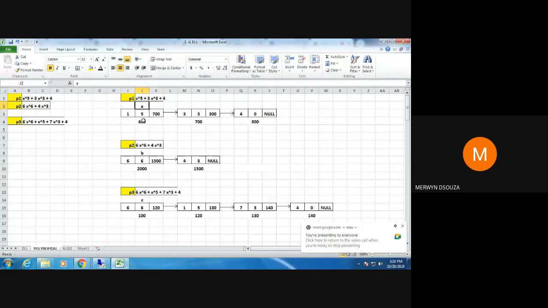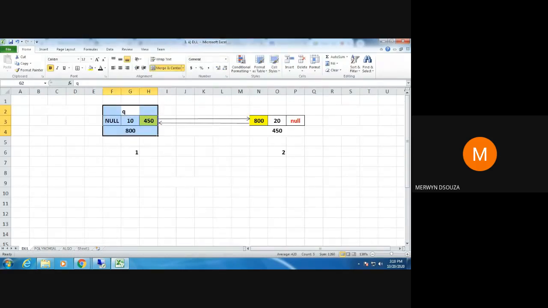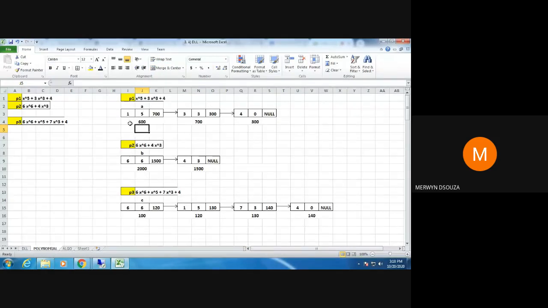Let's call them A and B only. So you have A here and you have B here. Say the permanent pointers for this linked list will be here. This will be a permanent pointer, like how we had Q here in the doubly linked list. So like that, say the permanent pointer for this will be P1, and for this will be P2. I have not shown it, but just remember that. And A and B are the temporary pointers.